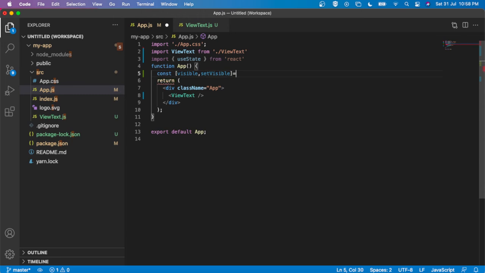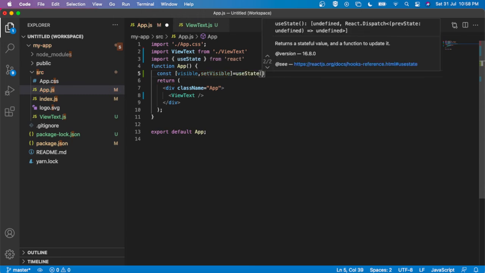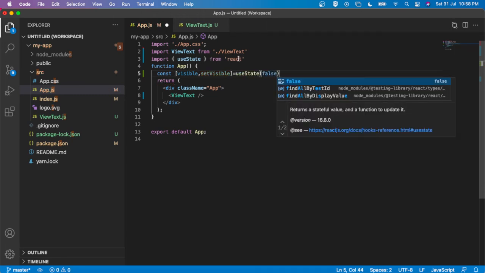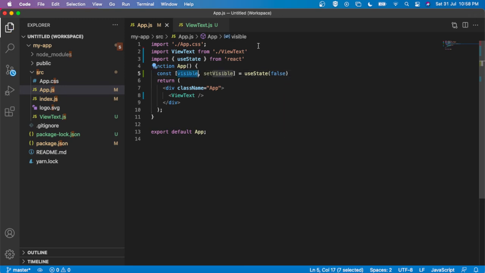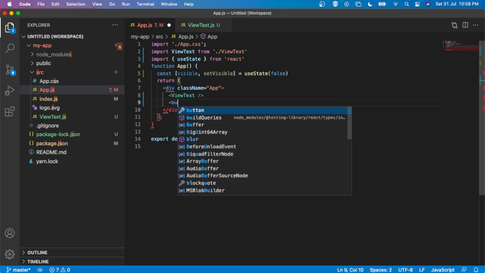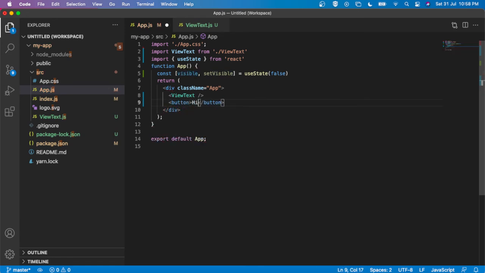Here I am passing the value false initially. I don't want it visible initially. Then I'm adding a button, hide or show, according to this value.